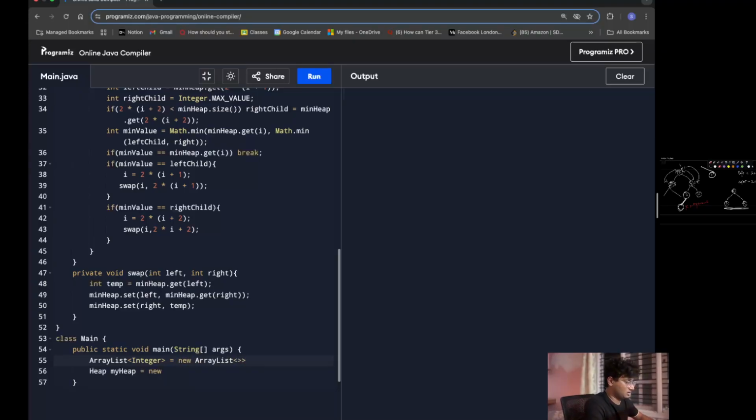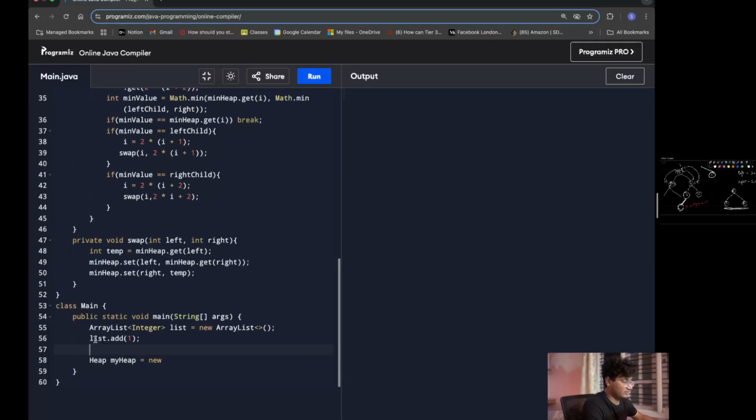Let's just add a few elements to this. I'll call it list, right? List dot add of, I want to add 1, right? Similarly, I want to add